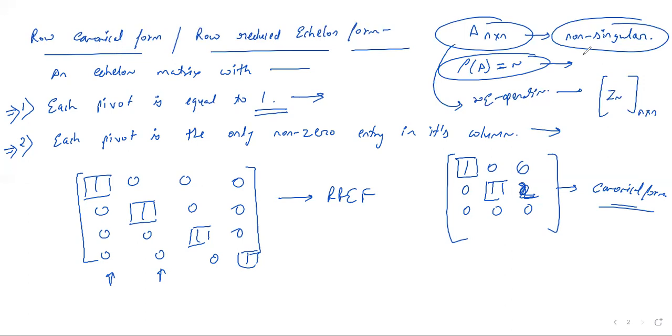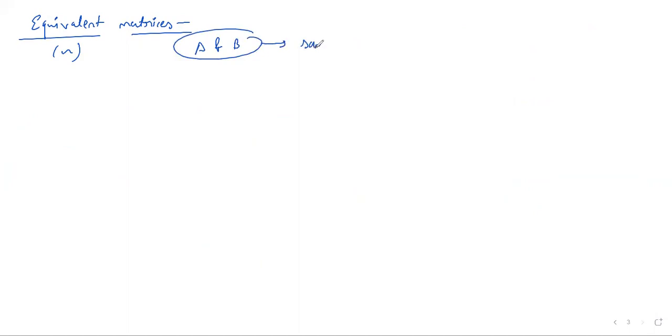Okay. Now you have studied equivalent matrices. So when can we say that two matrices are equivalent? We denote the equivalence sign like this. Let's say we have two matrices A and B, which are of the same order. These matrices are said to be equivalent if